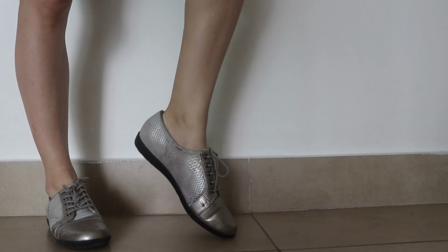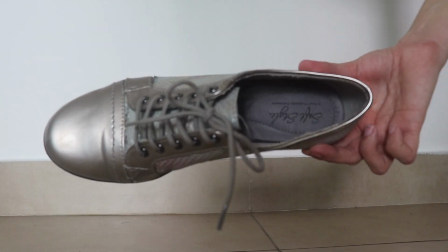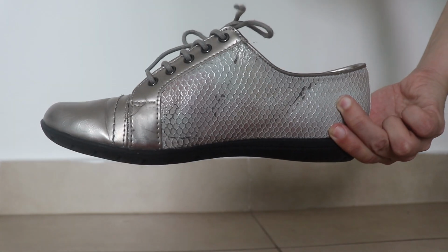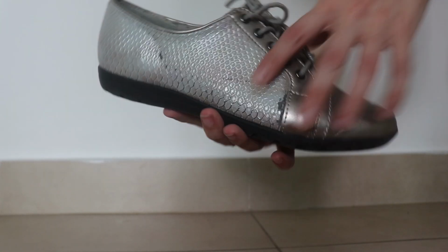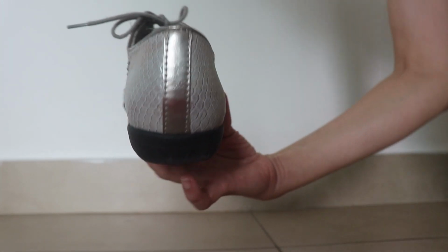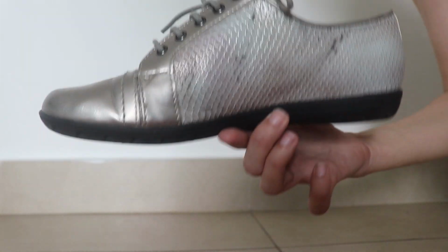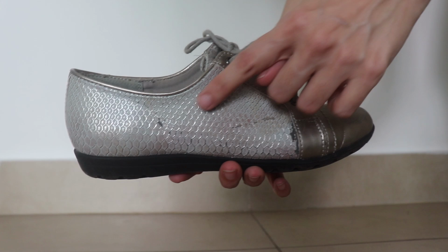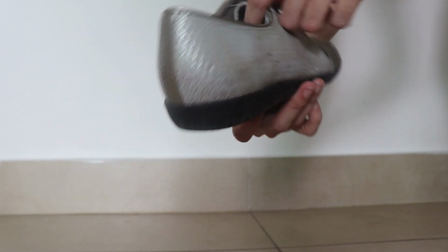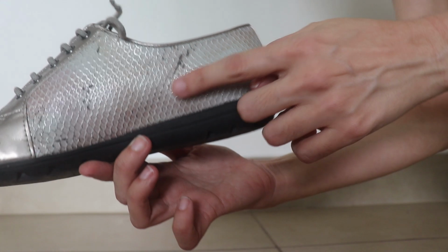I wore this pair for 16 or 17 times, and they are peeling already because, this is a 5-year pair, okay? I feel like they are in good condition because of the time that they have been with me, and I plan to wear them a little bit more. But they do rub a little bit because the material is sturdy, but not anymore. I love that pair so much that I wanted a similar pair in black, but I didn't find